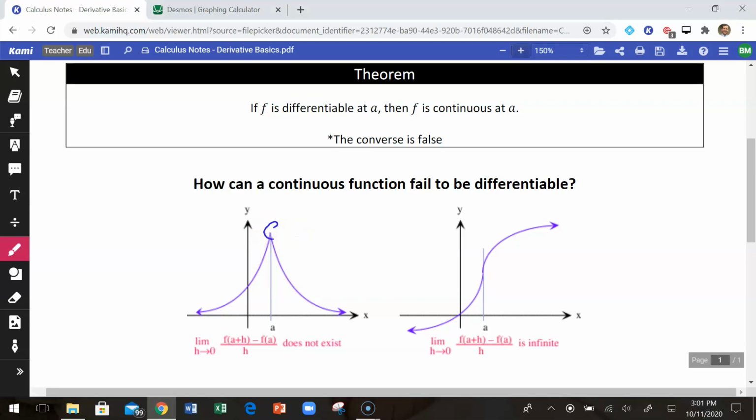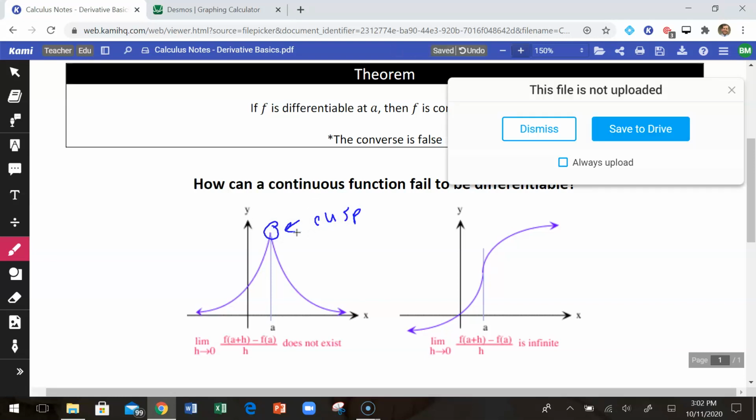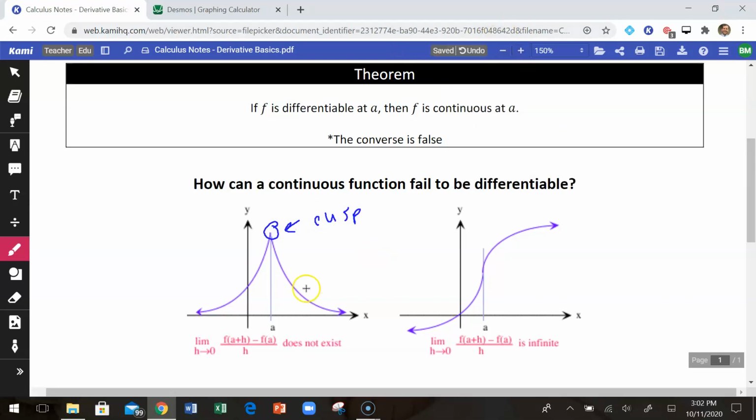So this is what you call a cusp. And a cusp is where a graph comes to a sharp point. It's continuous through there. The graph continues. I go up, I hit this sharp point and continue on. It's continuous at a. I don't have to pick my pencil up and I don't have a jump or a hole or an asymptote or anything like that. It is continuous there, but it's not differentiable there because